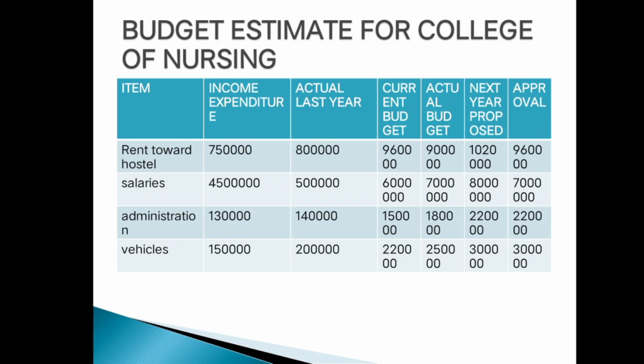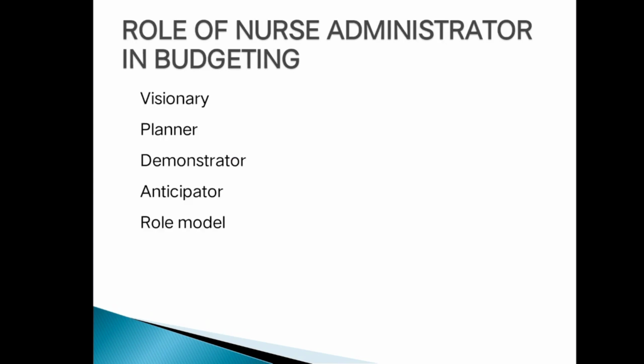So this is just an example. Based on the planning, the budget committee will review the budget process, whether it is necessarily needed, or any changes. Maybe due to the hike in salaries, some of the amounts will be increased when compared to last year. So based on that the budget will be prepared. The budget committee will do the approval of that particular budget for the College of Nursing estimation. For example, the salaries are being increased for the nursing staff or tutors, so for that purpose that will be included.